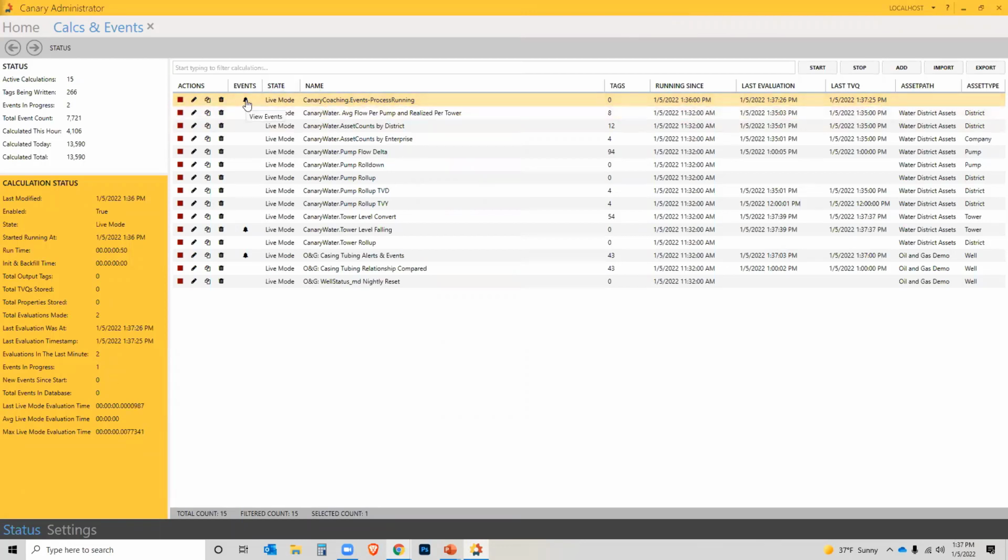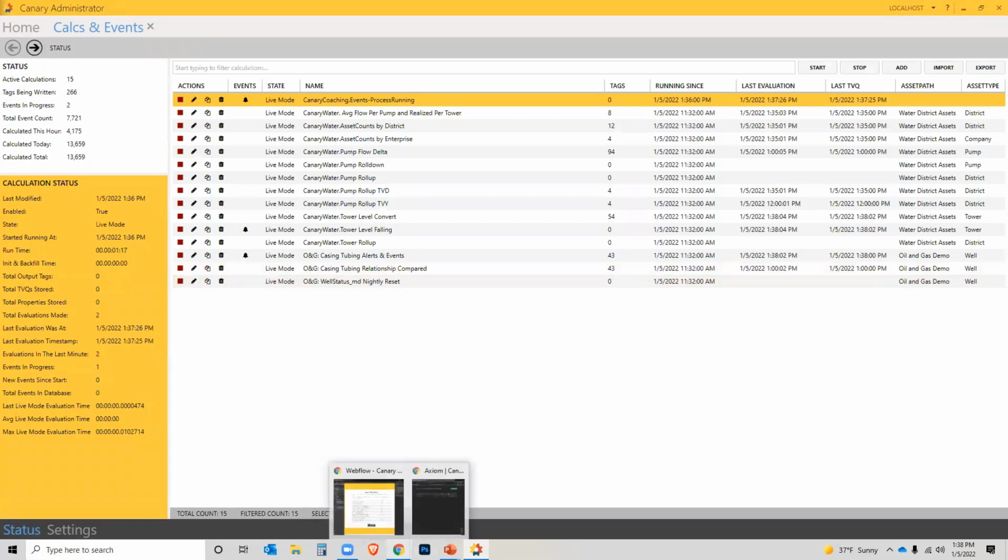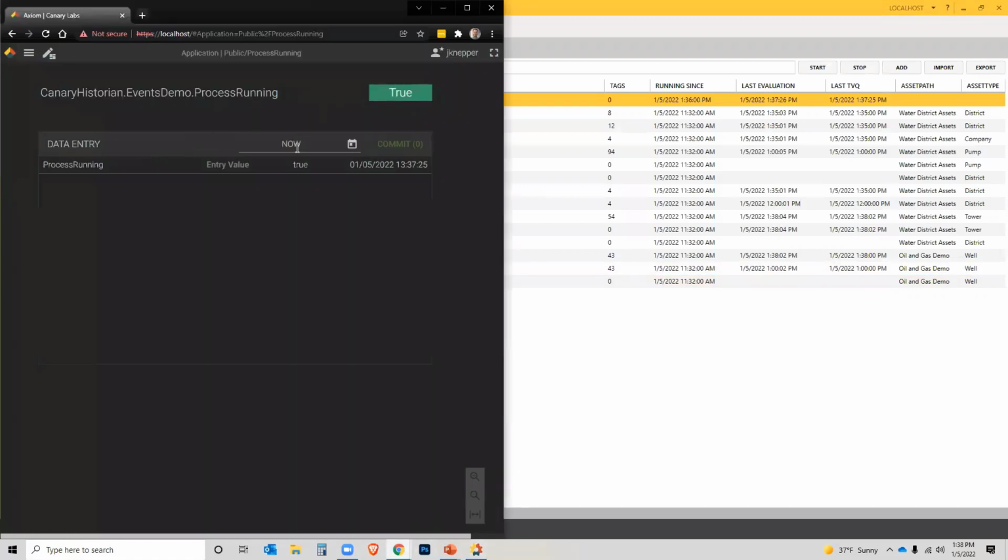By clicking on the bell icon, I can view the database. I can see that I've started the event at 1:37:25. There is no end time, which means it's still active. And the duration will update every minute by hitting the refresh button. There's my 23 seconds in. So now if I come back and stop the event by changing the value to false,